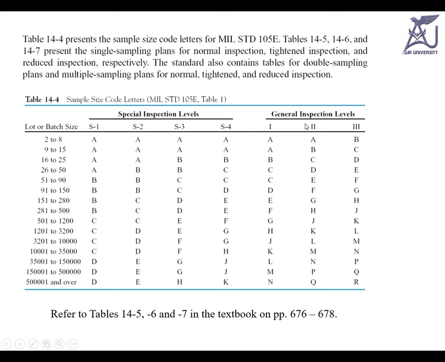Okay, first of all, general inspection level 2 can be started anywhere where you have a contract between the two parties, between consumer and a producer, and you may start with level 2. For example, if your lot size is 10,000, as we discussed, 10,000 is between 3,200 to 32,000. Look at this level 2. So this level 2 letter number is L. So that means this letter L has to be taken care of, and we'll see what is written in front of this letter L.